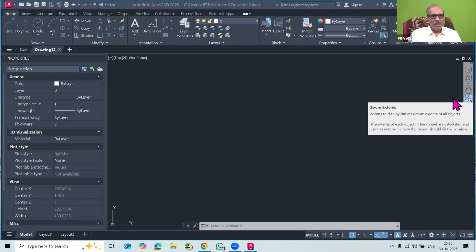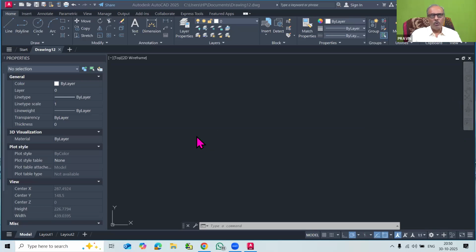So with this basic information about the AutoCAD 2025 version, now we will start to understand some of the new important commands. In previous days we have completed our modify menu. In the modify menu, in the last 2 lectures we have seen the trim and extend commands, which are very important in AutoCAD for building drawing. And then we have seen the chamfer and fillet commands. These 2 commands are also important.